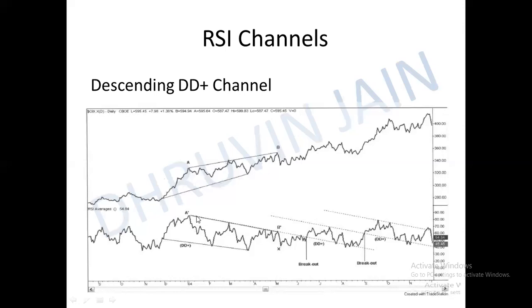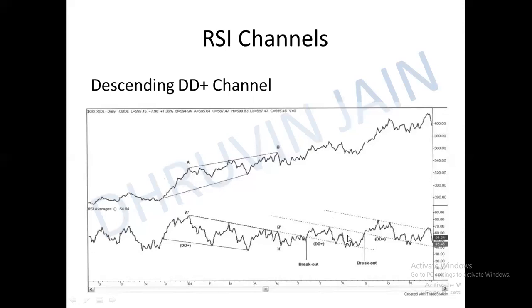So it is particularly made with bearish divergences and DD plus, and you can plot these two boundary lines. Always remember, use the swing pivot positions. Use these pivot positions. Don't use the open positions. Always use the pivot points to plot the channels. Okay. To continue its upward trend, RSI will have to break. See how the breakout has been pointed here. RSI has to break out from the upside.